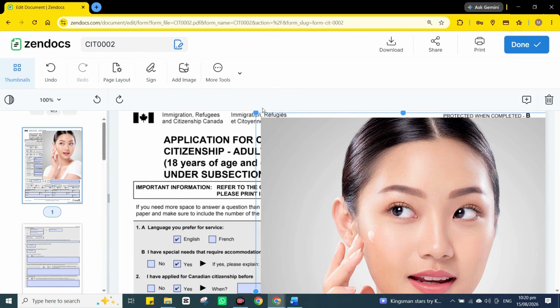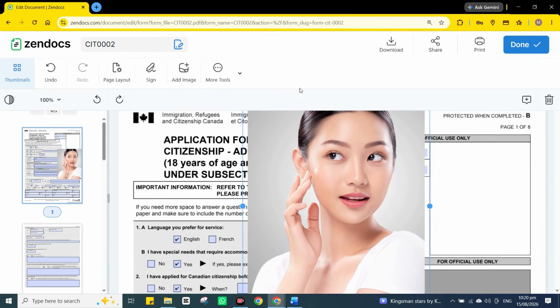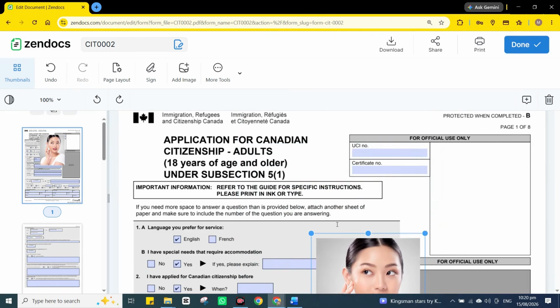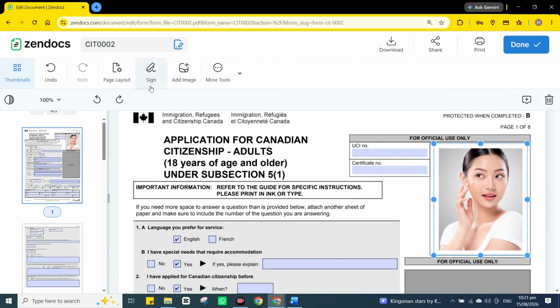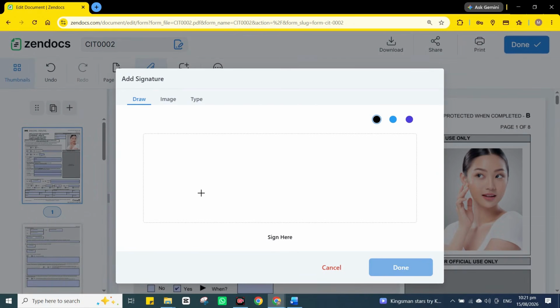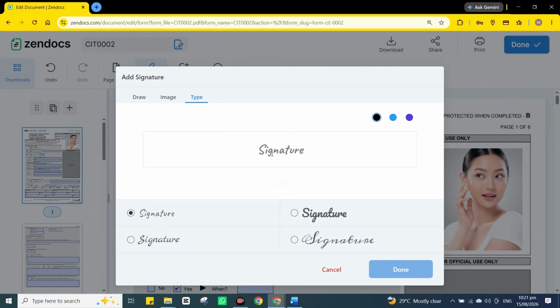Another practical advantage is accessibility and flexibility because Zendoc works online. You don't need to install desktop software to start using the platform. The website also states that your work can be accessed across desktop, tablet, and mobile devices, helping you continue your workflow from different devices. Now, let's talk about pricing.